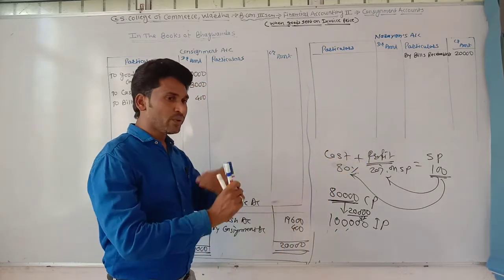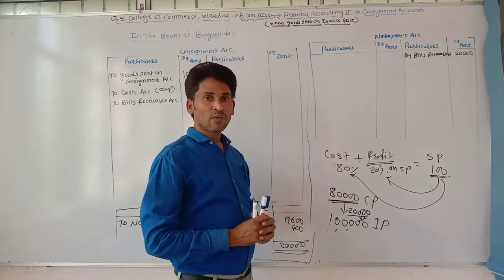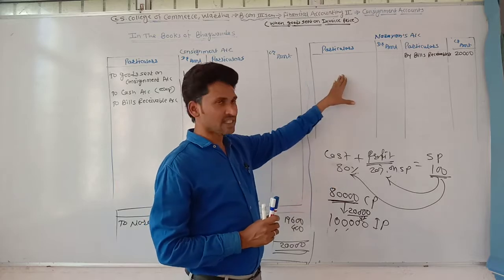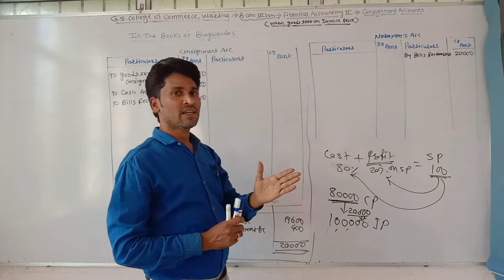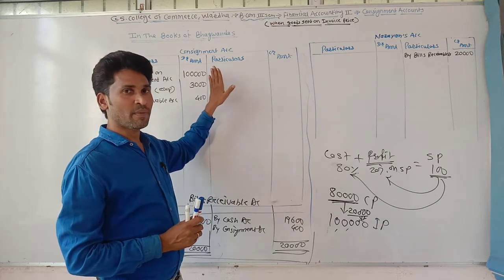It needs to collect this amount from its consignee, so it debited the consignee's account. When the consignee sold the goods on cash or credit, at that time we debit the consignee's account, and sales is the consignment's main income, so it is recorded at the credit side of the consignment account.